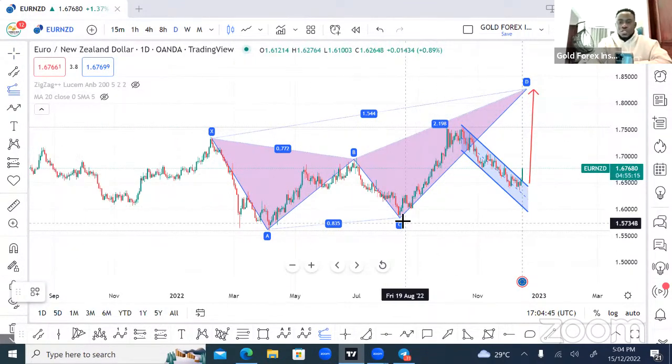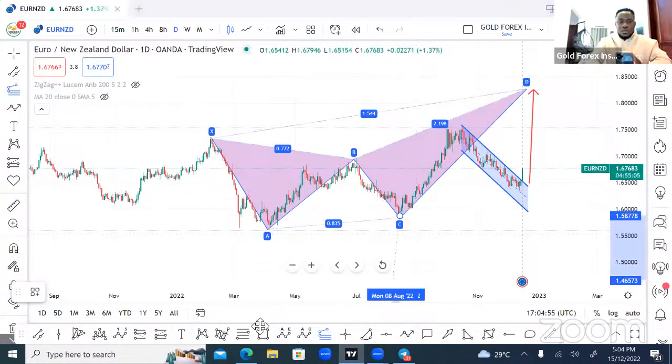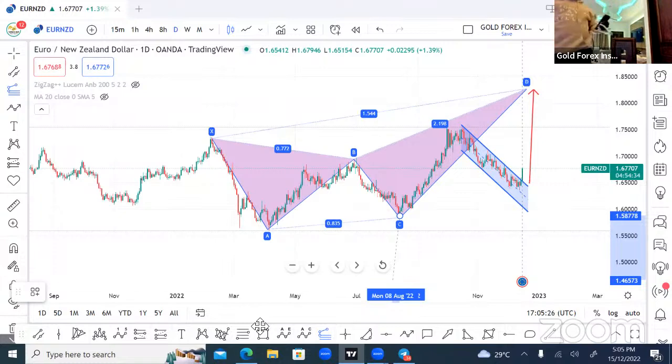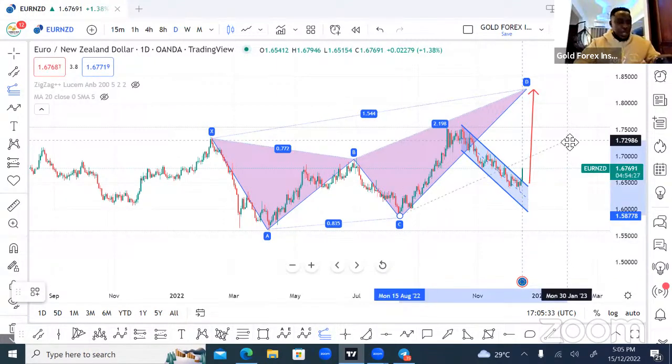This whole move is an impulsive move. So if this is an impulsive move,